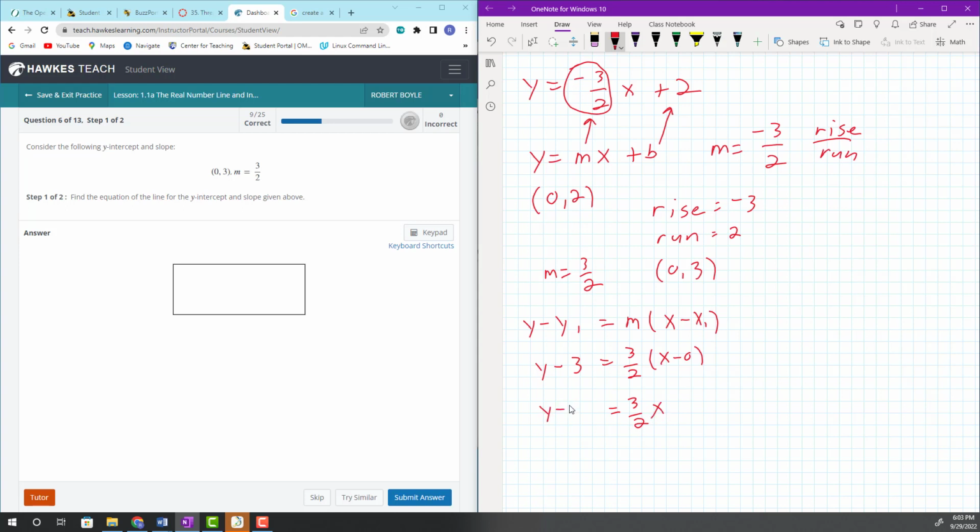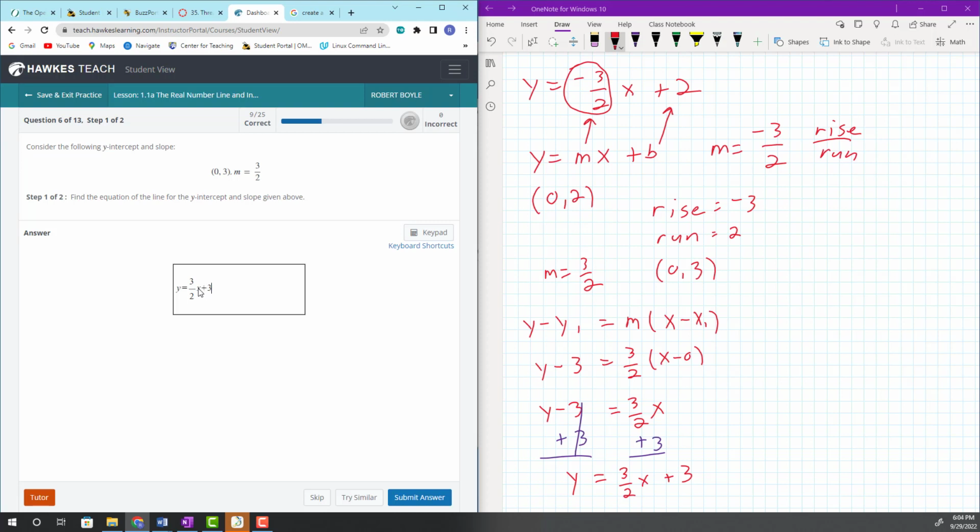Here we still have y minus 3. We can add 3 to both sides of the equation. These will cancel. We have y, and that is going to be equal to, these are not like terms, so they cannot combine, 3/2 x plus 3. And that's what should go in here. Y is equal to, fraction first, 3/2 times x, don't forget the x, that'll mess you up,